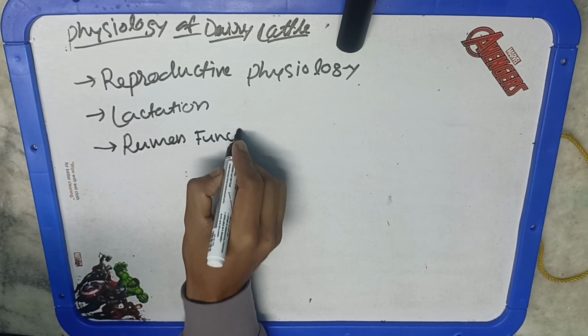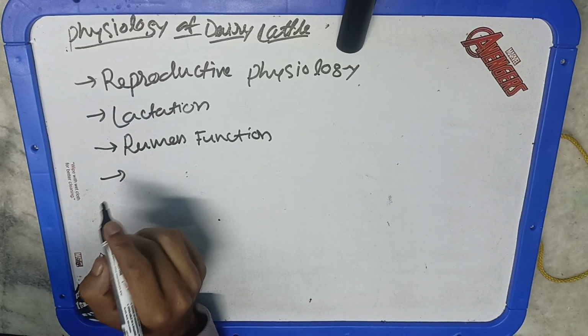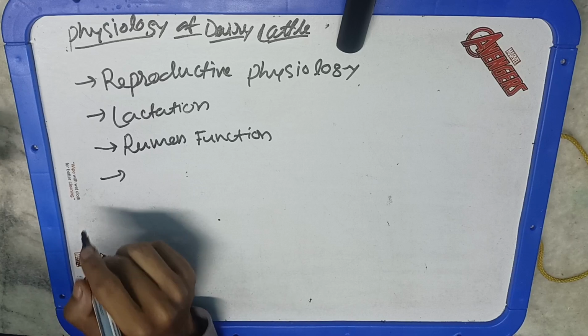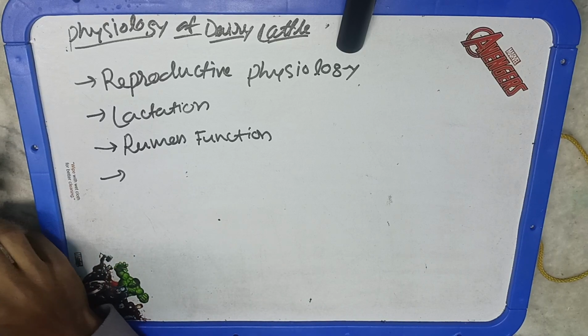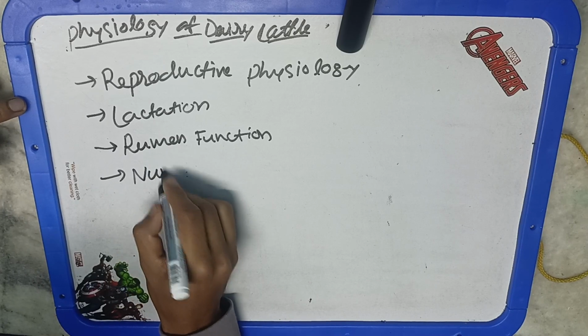Dairy cows support milk production and reproduction. Both things are important. We can say milk production majorly depends upon the quality of reproduction. So the quality of the young ones will lead to the quality of the product. So we'll understand. The very first terminology related to physiology is reproductive physiology.